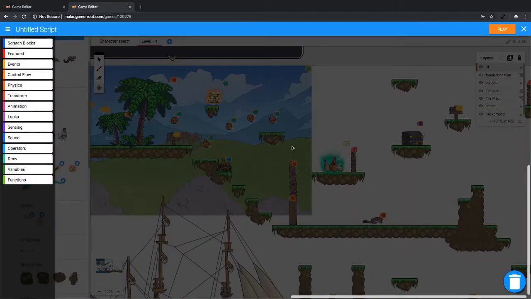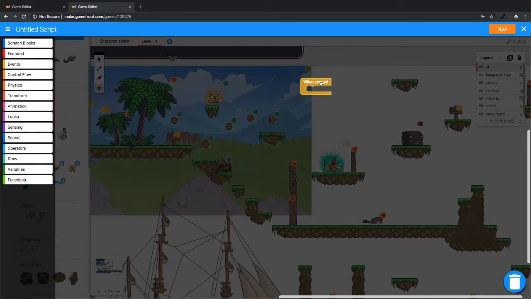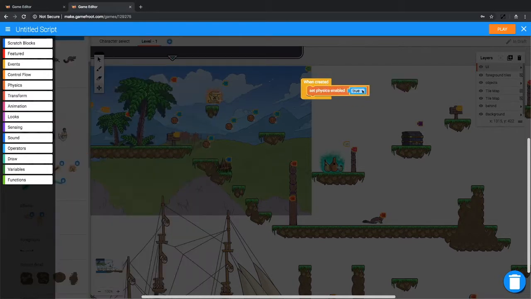So first of all, it needs to detect when the player overlaps it. So we might as well disable its physics when it's created. No need for it to get pushed around or anything. Then